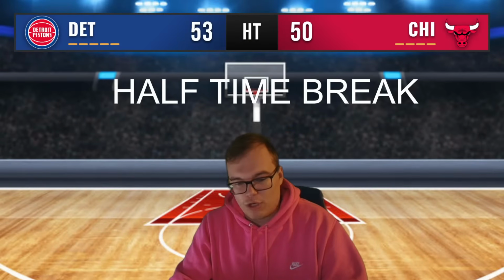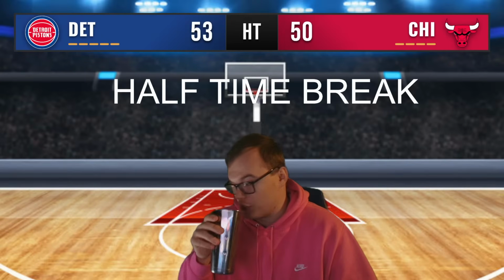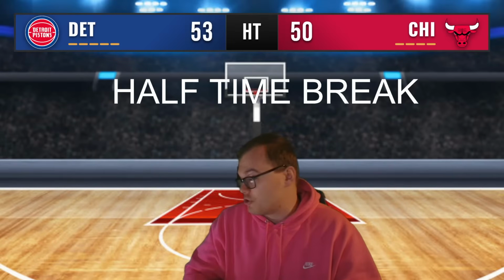I think you got to give Huerter more time, though. I think it's not really a fair case to judge him just yet, because you can't really knock a guy for not playing. It's more so like, what has he done in the couple games that he's played so far for us? But everybody wants instant gratification and success and immediate results, and nobody wants patience anymore because you got to wait and see how things turn out.